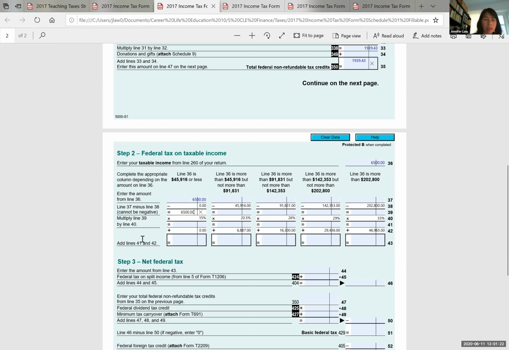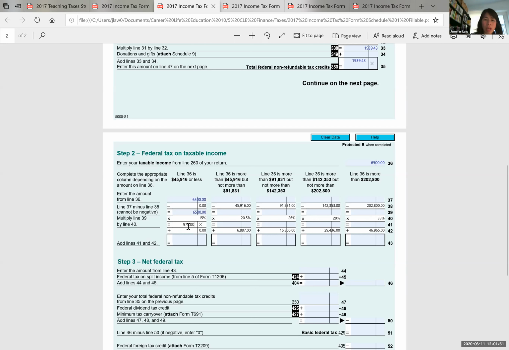All right, and then it says multiply line 39. So 39, notice it's over here on the right, it says 39. All of these are 39. We're gonna multiply it by line 40. So it depends on what your percentage is. So Catherine Casey's is 15% because she doesn't make very much. So we're gonna multiply that and we should get 900, I believe, and 75. So I'm just gonna do that. Yes, all right, so enter in